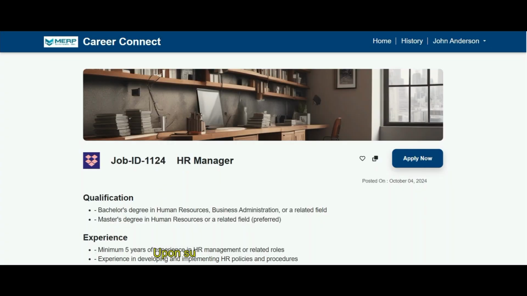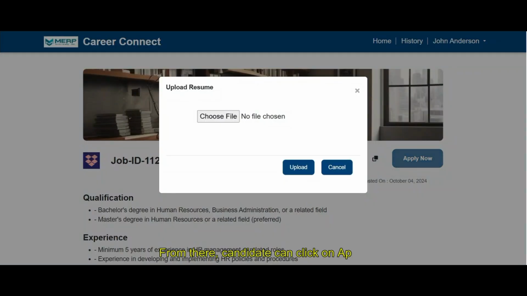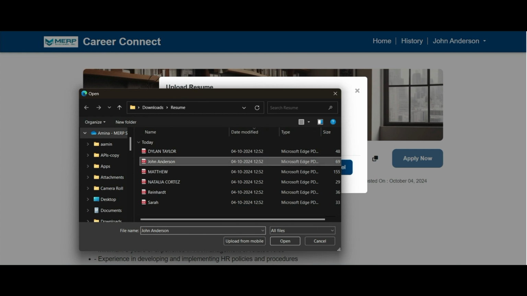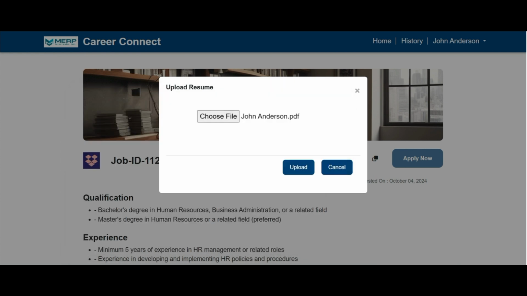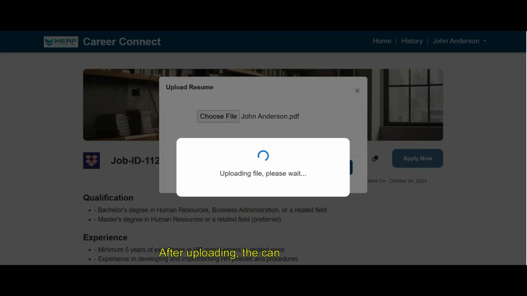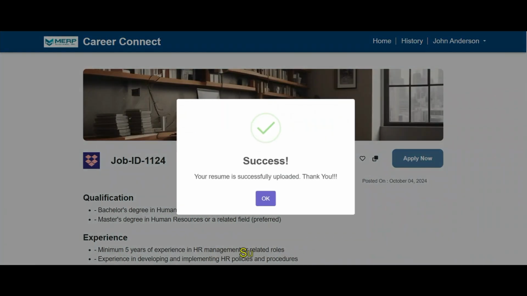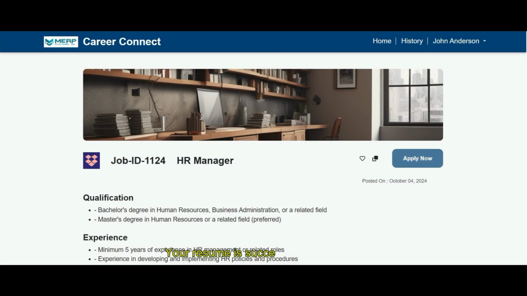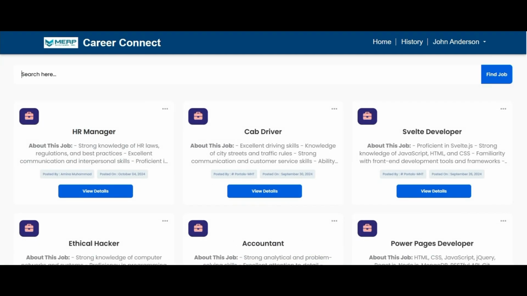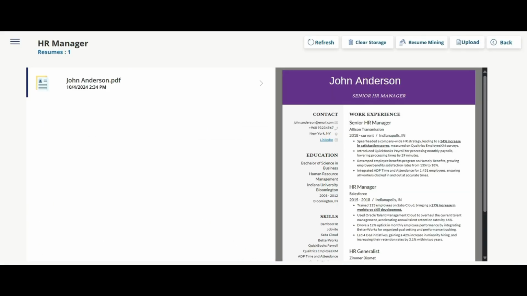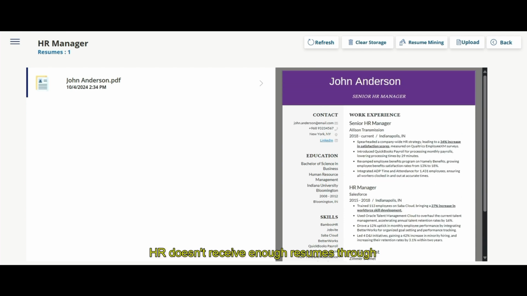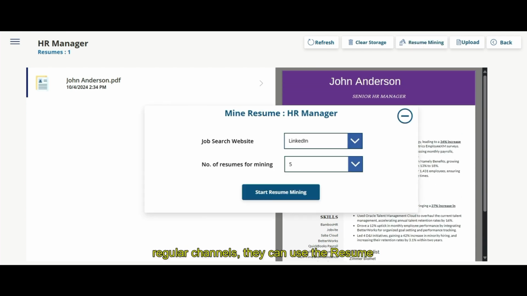Upon successful registration, the candidate is taken to the Job Details page. From there, the candidate can click on Apply Now and are prompted to upload their resume. After uploading, the candidate receives a confirmation message. Success! Your resume is successfully uploaded. Thank you! If HR doesn't receive enough resumes through regular channels, they can use the Resume Miner feature to gather